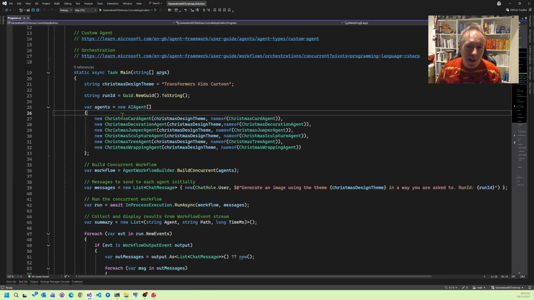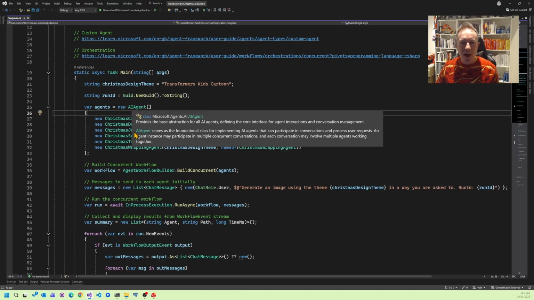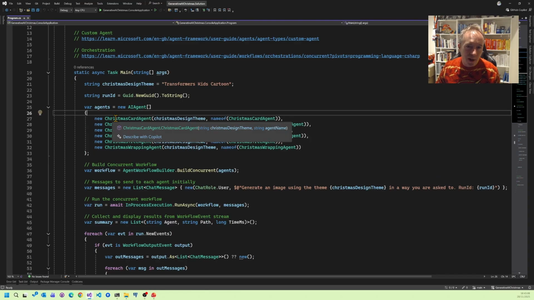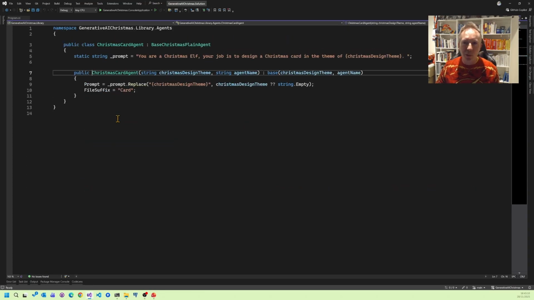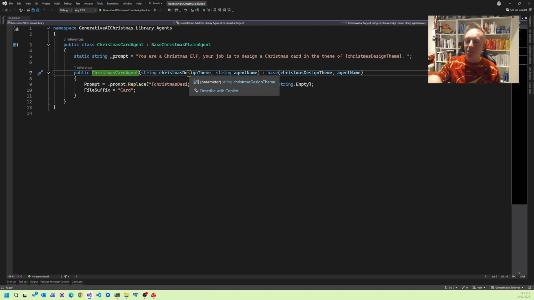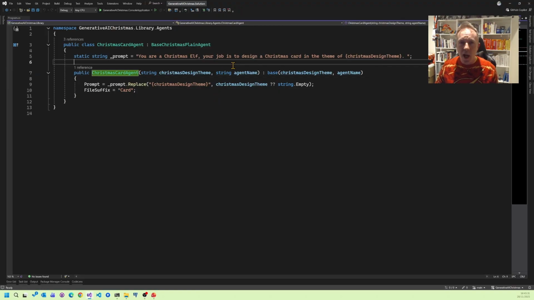Anyway, okay, so we are creating an array of AI agents, and these are the ones that I have created. And if we look at them, you will see that they're very, very simple. The other thing I'm going to mention is there's no LLM in these, so you can get different types of AI agents out of the box. Like there's an OpenAI agent and some other ones. This is a plain bog standard one, which just inherits from AI agent, which you'll see in a minute. And you can orchestrate them. You can tell them to do whatever you want. You don't have to use these agents with an LLM